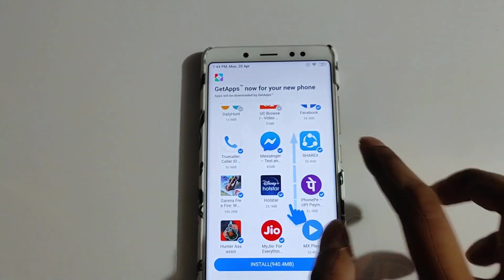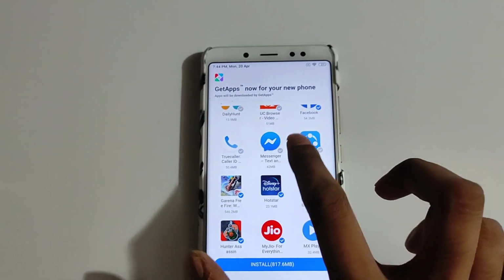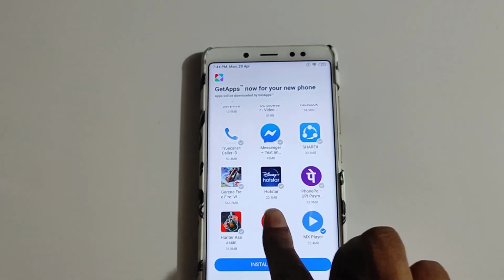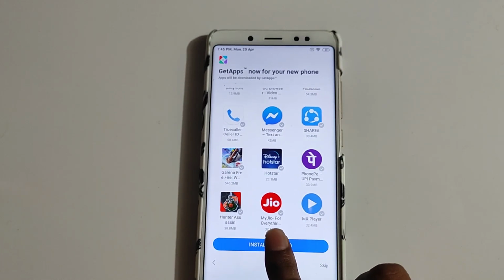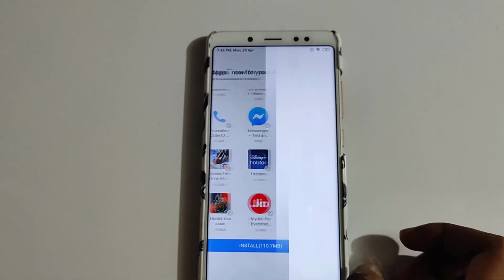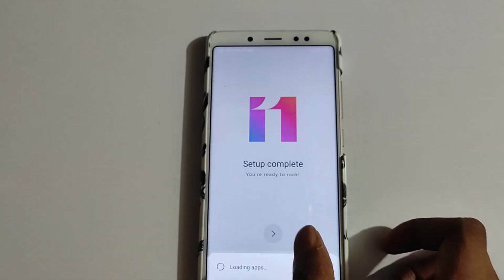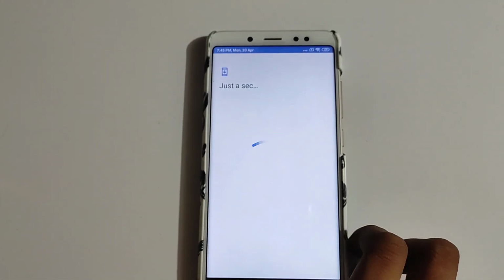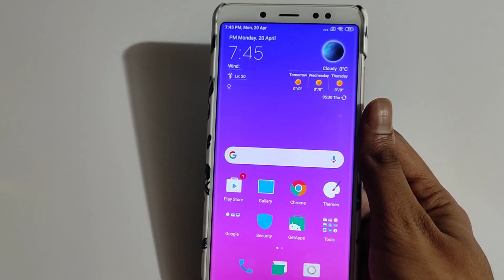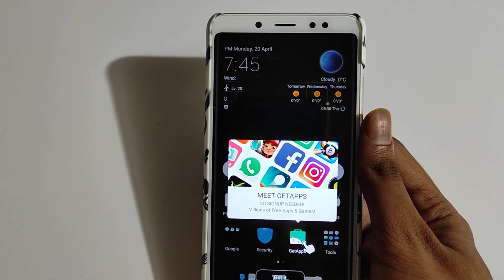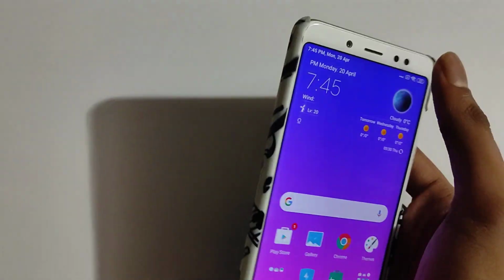I'm just gonna install some of this app, but you can just skip. Okay, so now setup is completed. As you can see, it's looking really good. So yeah, that's it.